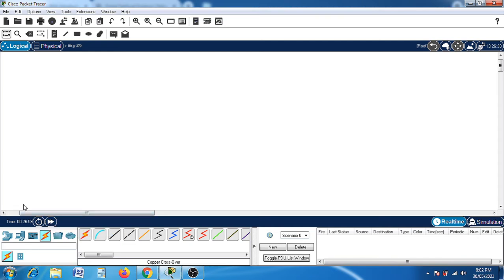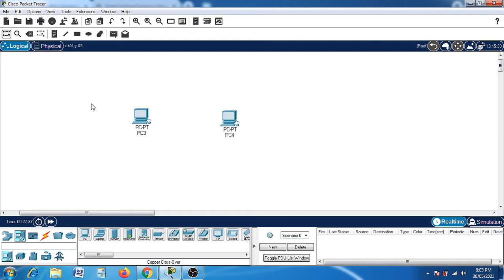The first practical is just to create two devices. So we click on end devices here and we will select a PC. What we need to do is just click on this PC and drag and drop it into our workspace. So this is PC1. Then we will click on this PC again and drag and drop here. As I have done some experiments in that workspace, that's why it started with PC3. If you start initially, you will get PC0 and PC1. As I have done it already, that's why it takes me to PC3 and PC4.